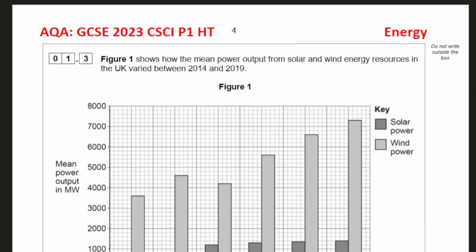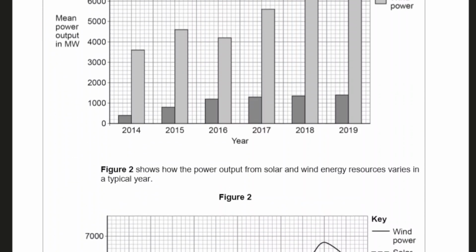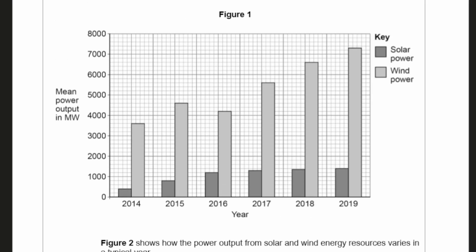Figure 1 shows how the mean power output from solar and wind energy resources in the UK varied between 2014 and 2019. So let's interpret these graphs. You've got a bar chart followed by a line graph. Let's have a look at the bar chart first of all. As you can see, between 2014 to 2019, there's a general increase in the amount of